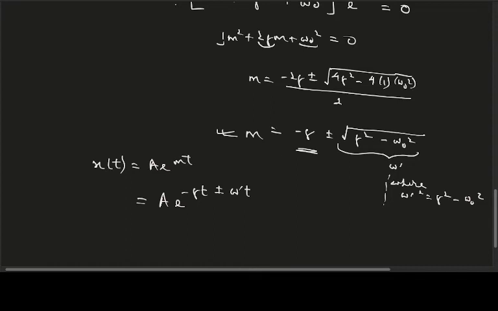t. Now what happens is that this gamma is actually less than this omega naught. In most cases gamma is less than omega naught. So actually gamma square is less than omega naught square. So this portion is the root over a negative number. So what happens is that